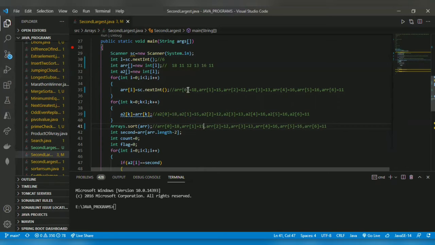So here the smallest element is 11, so the first element will become 11. The second smallest element is 12. Then 13, then 15, then 16. Here the sorted elements are 11, 12, 13, 15, 16.